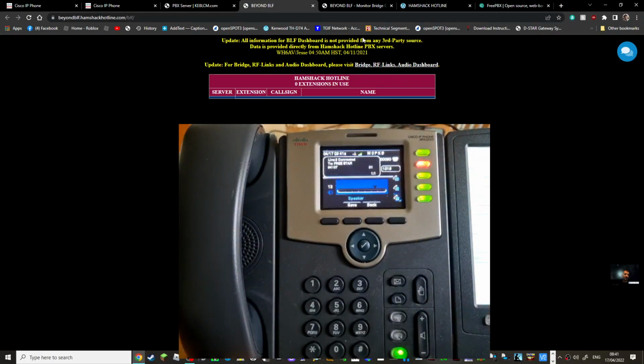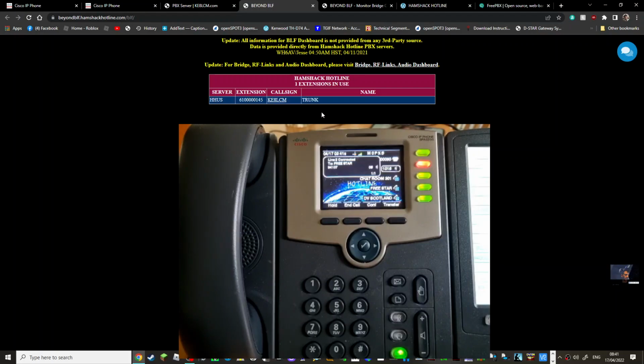Now we're going. Node Mike 0 Juliet Kilo Tango connected. Sorry about the creaking, it's this chair. It's old. So now you can see I'm logged in, but I'm logged in via KE8LCM's trunk. So I can still use the system fully, but it's because of using the number 8, I'm now able to